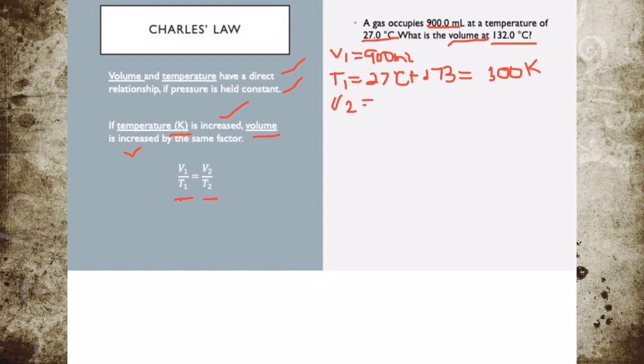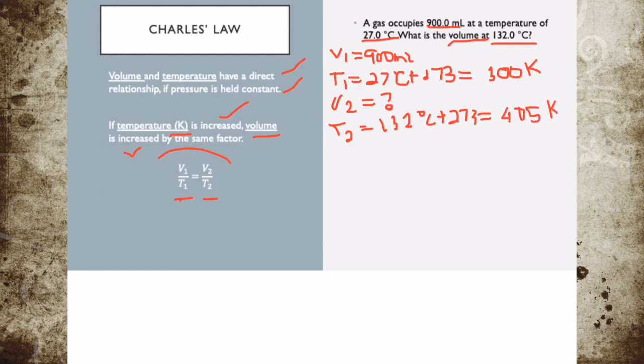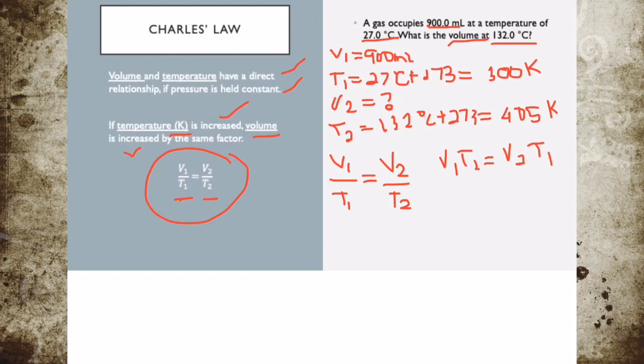V2 is unknown. We're looking for V2. And T2 is 132 degrees Celsius. So plus 273, that will be 405 Kelvin. Using the formula, V1 over T1 equals V2 over T2. Cross multiplying it, V1 times T2 is equal to V2 times T1. Since we're looking for V2, we will rearrange this, making V2 our subject, V1